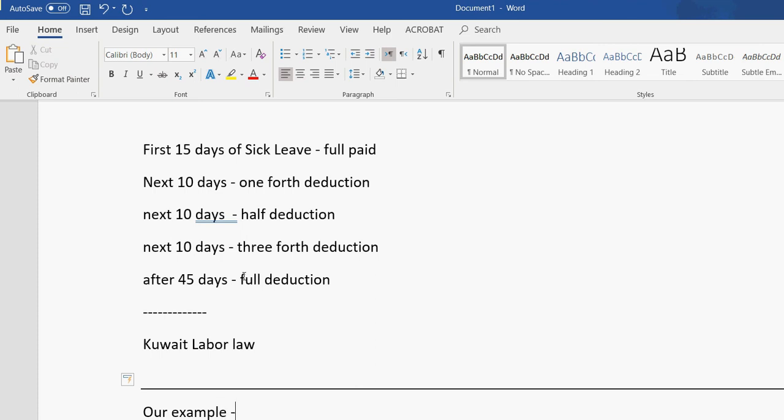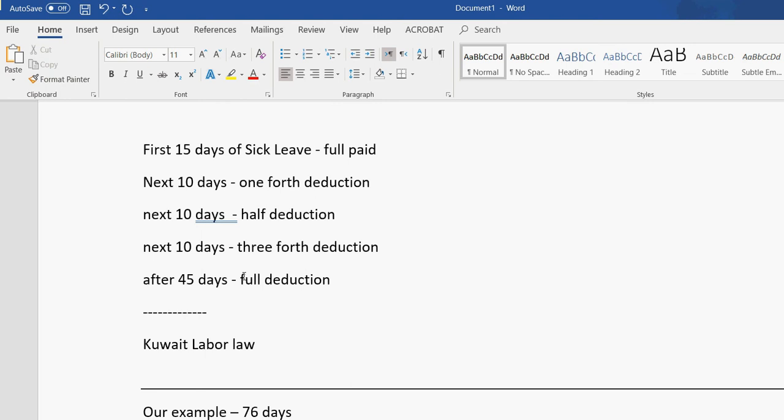Here, what I mean by full deduction, half deduction, and one quarter deduction is nothing but I'm going to take the 1 day salary, and I'm going to multiply it by the number of days, and apply that concept. Like if it is a half deduction, it is a half day salary times those number of days. If it's 3/4 deduction, it is those number of days times 3/4 times the one day salary.